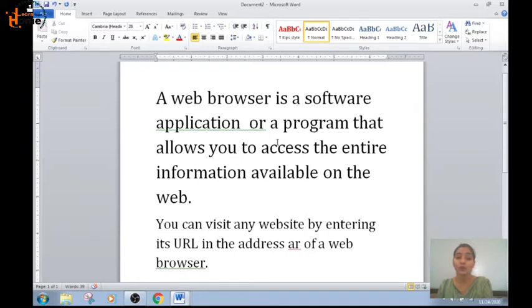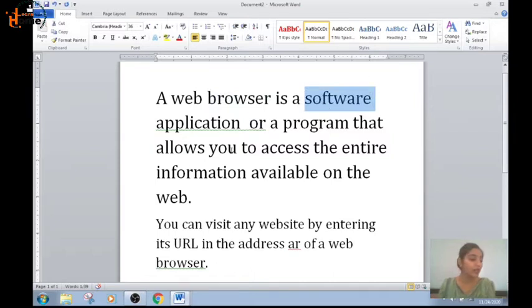Now what are the other ways in which you can select the text? Let's see. First of all, if you want to select only a word, how can you select it? With the mouse, you will simply double click on it. See, I have double clicked on browser and it is selected. If I want to select this application, I will double click on it. This is the way to select a word. You can also select it by pressing the left mouse button and dragging over this web browser, but this double click method is the alternative.